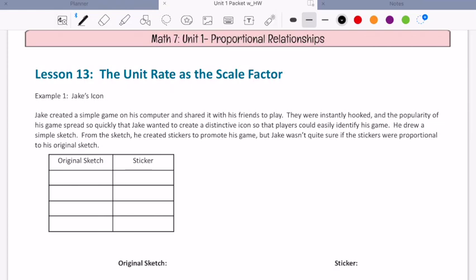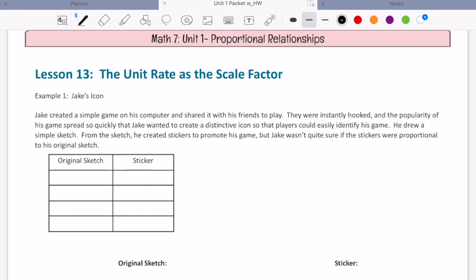Right, we are on lesson 13, which is going to talk about the unit rate as the scale factor. Last lesson we talked about how in scale drawings there has to be a proportional relationship between all of the sides and their dimensions. So now we're going to talk about what happens when we use something called a scale factor